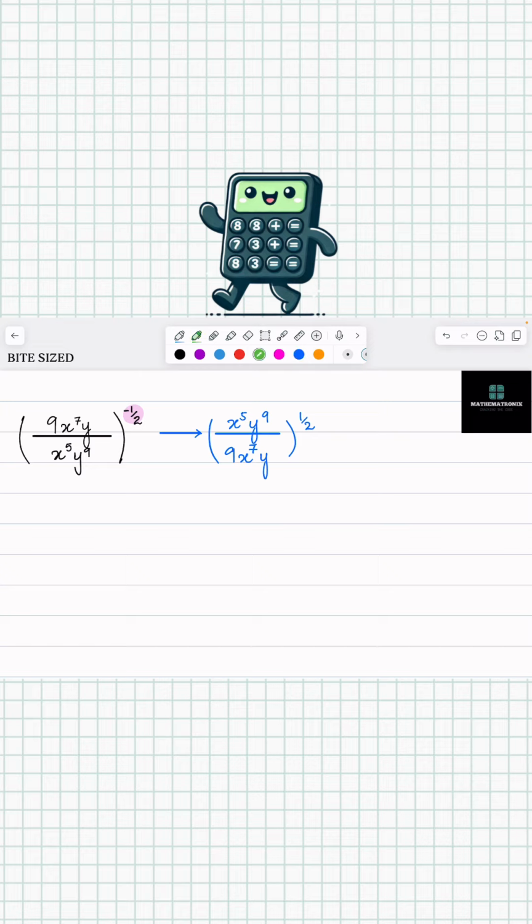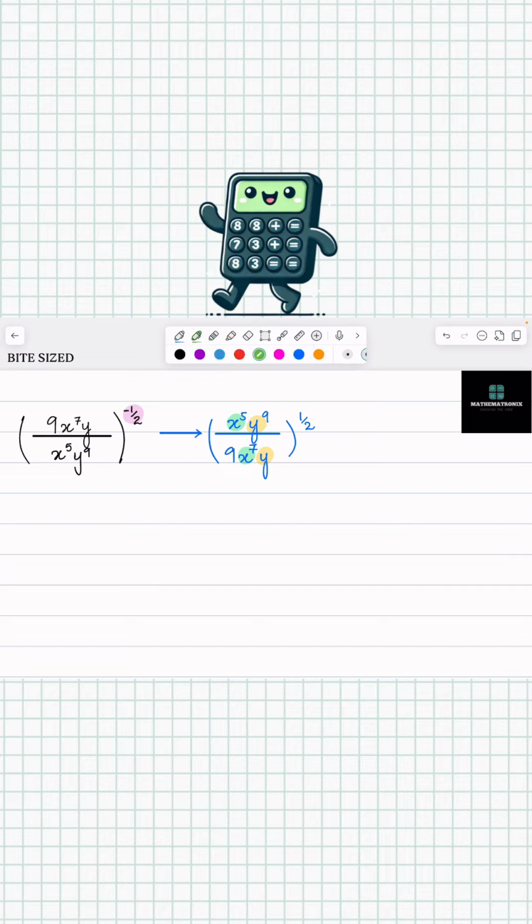Acha, what do we do next? Now, before you bring in the power, you can notice that you have x on the top and bottom, and you have y on the top and bottom. हमें नहीं चाहिए दो जगह x and y. We want it in one place. That means we're going to simplify. How do you simplify? This is a fraction. That means division हो रही है. जब same bases की division हो रही होती है, that means the powers are subtracting.